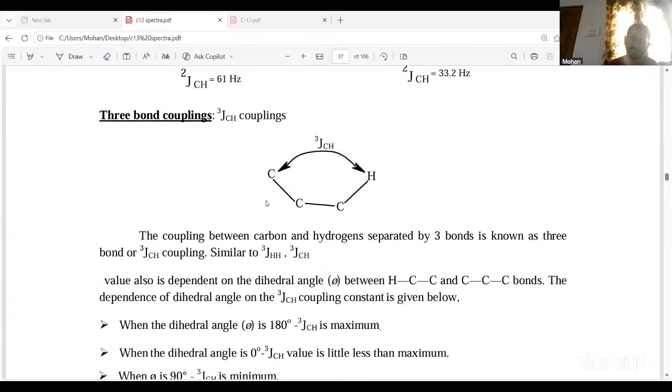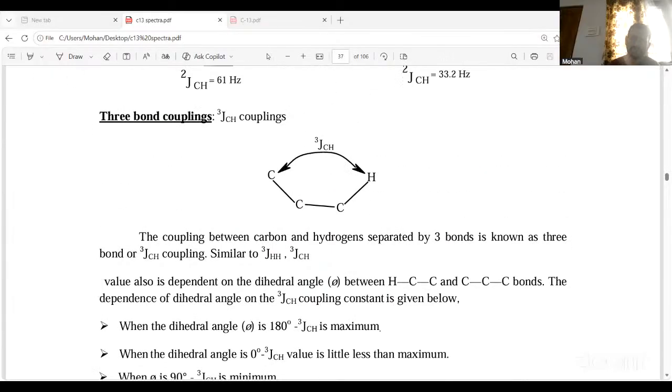Now here the three bond separation, the three bond coupling here. So three bond couplings. Here you can see the intervening bonds. There are three intervening bonds here: one, two, and three. Three intervening bonds, right? And generally here, with increase of